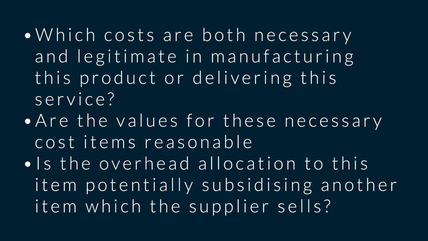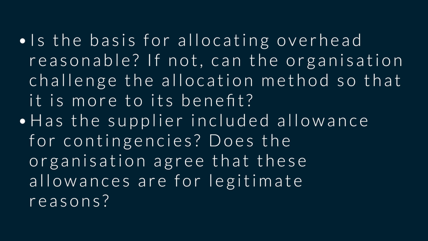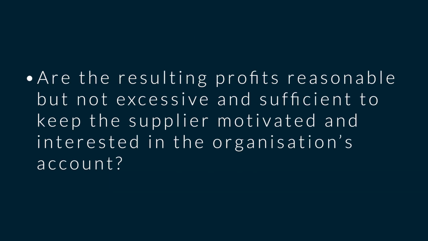Are the values of these necessary cost items reasonable? Is the overhead allocation to this item potentially subsidizing another item which the supplier sells? Is the basis for allocating overheads reasonable? If not, can the organization challenge the allocation method so that it is more to its benefit? Has the supplier included allowance for contingency? And does the organization agree that these allowances are for legitimate reasons? Are the resulting profits reasonable but not excessive and sufficient to keep the supplier motivated and interested in the organization's